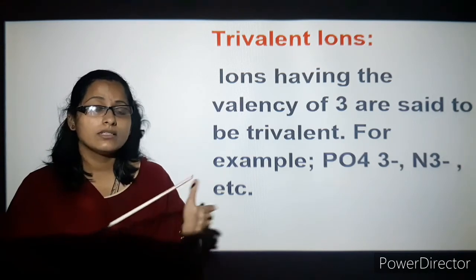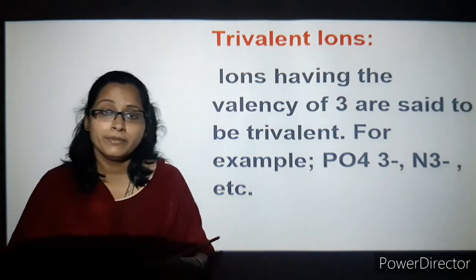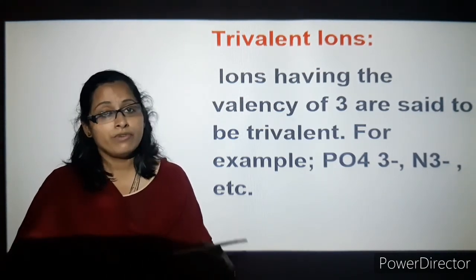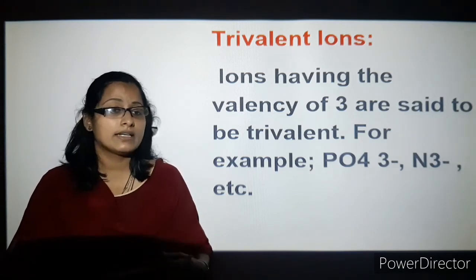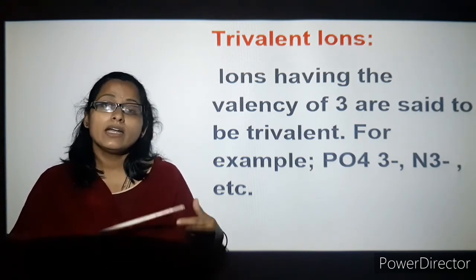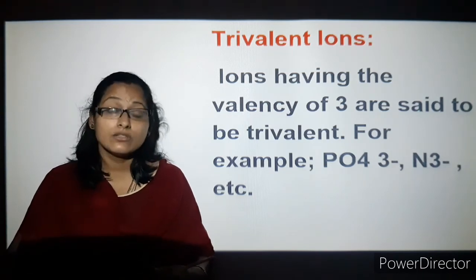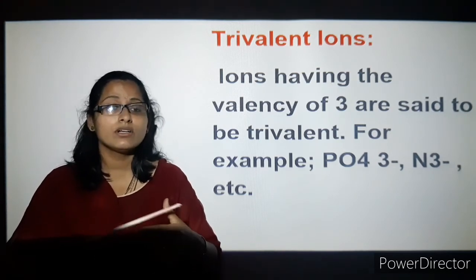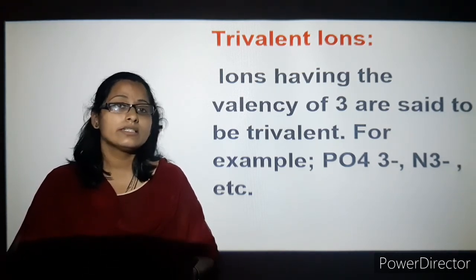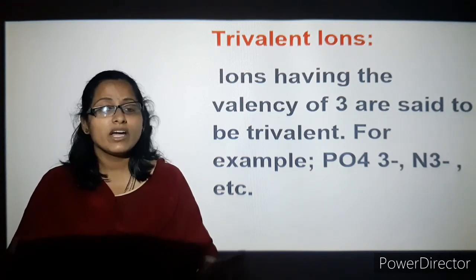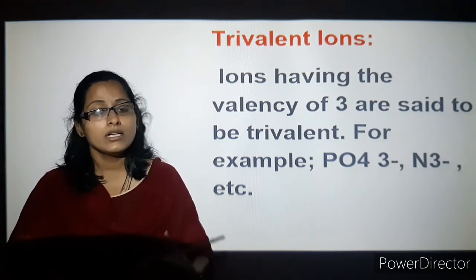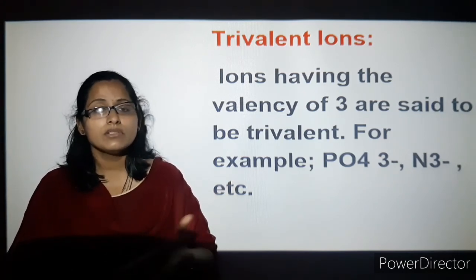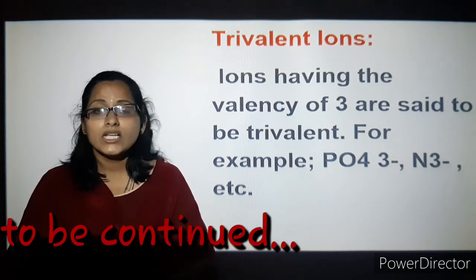So search the elements in such a way that you can see that certain elements will have an outermost shell of 5. You cannot write the valency as 5 there. You need to subtract from the octet, that is 8 minus 5. And if you have an outermost shell of 6, you cannot write the valency as 6. You again subtract, 8 minus 6, whatever is remaining is your valency. The same way, if it is 7, then 8 minus 7. Again it is monovalent, divalent, trivalent. And if 8 minus 8 comes, it is a noble gas, and your valency is 0.